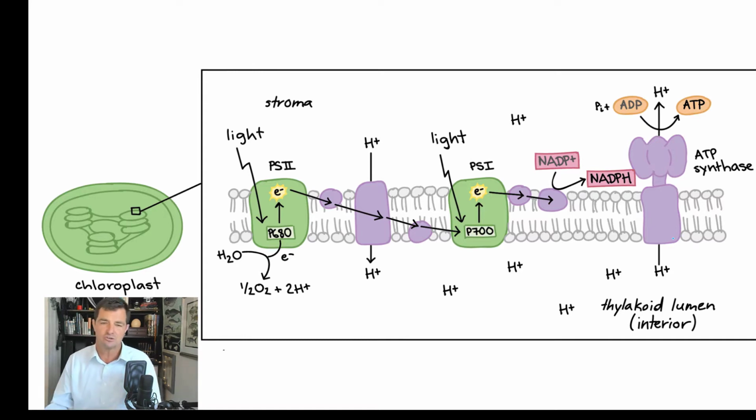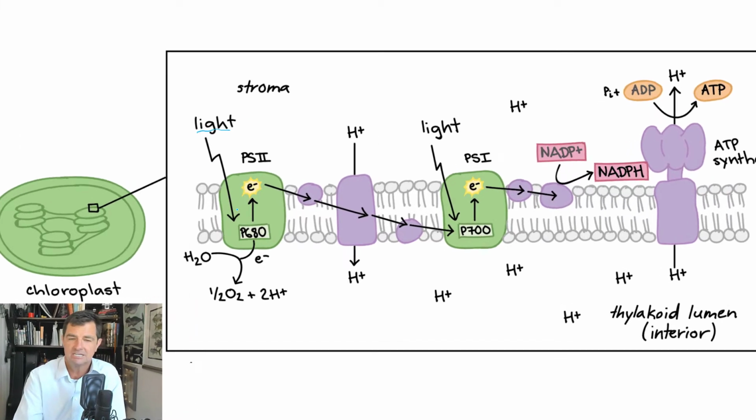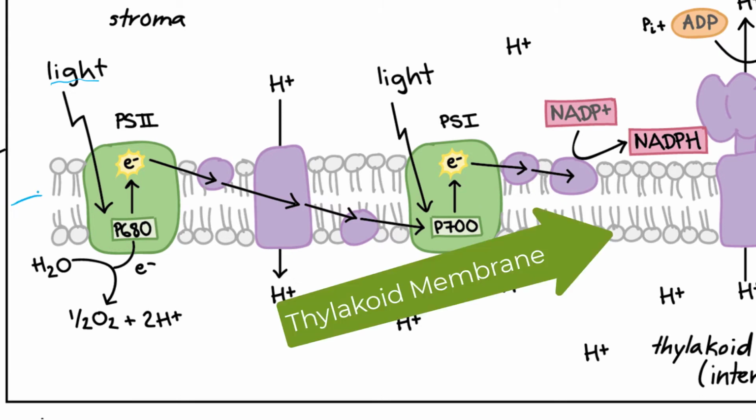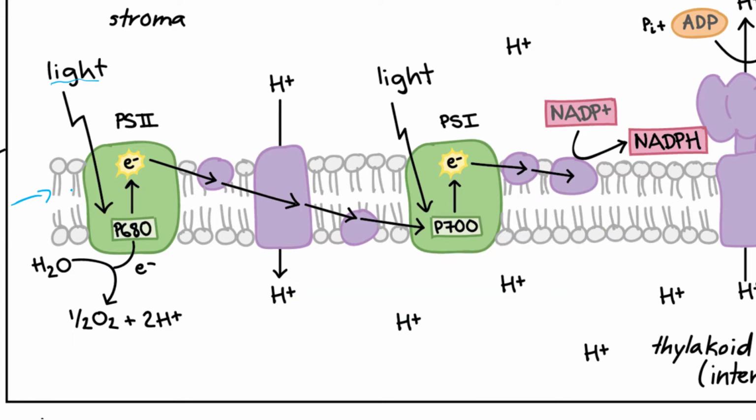energy, how are we capturing that? What's happening with that? Well, the way that works, and this was discovered in the 1960s by a group of scientists, is light will come in and it will hit this molecule, and you can see this is my thylakoid membrane right here. So you can see it's a phospholipid bilayer, very much like other membranes we've talked about before. And the light will go in and it will hit this molecule.